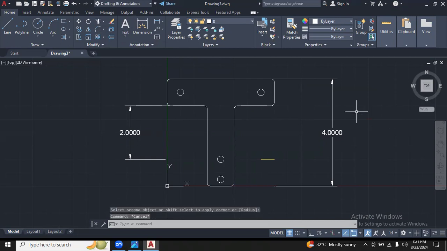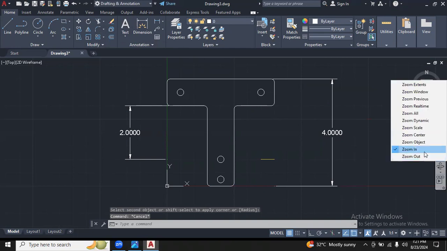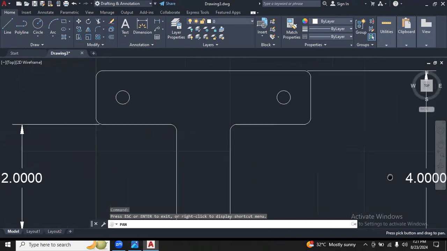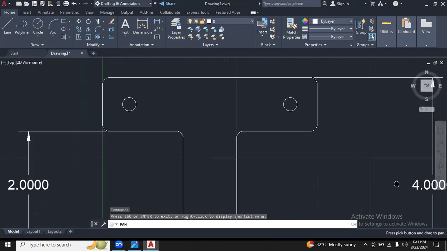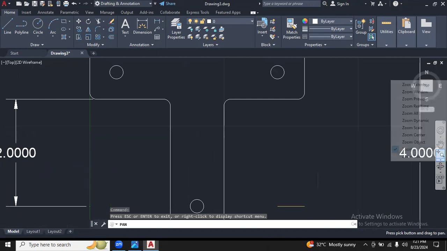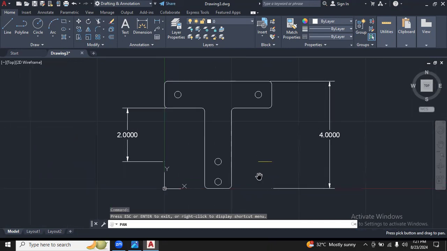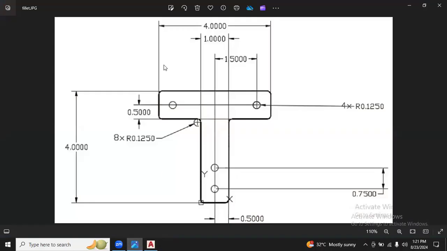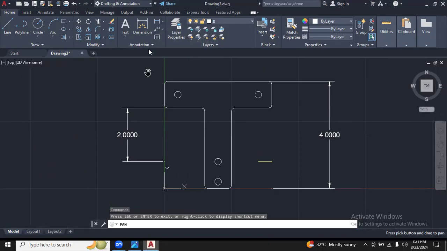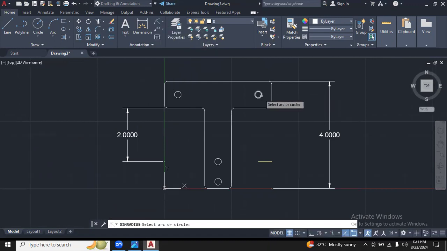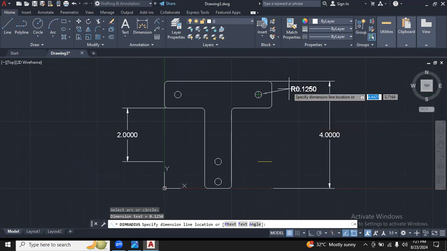So skip. Now you can see all the corners are exactly converted into rounded corners. Last but not the least, you have to define the dimensions. As you can see here, as I told you, most of them are linear ones, except the two for the circles and for the fillet corners. You can prove it like this: